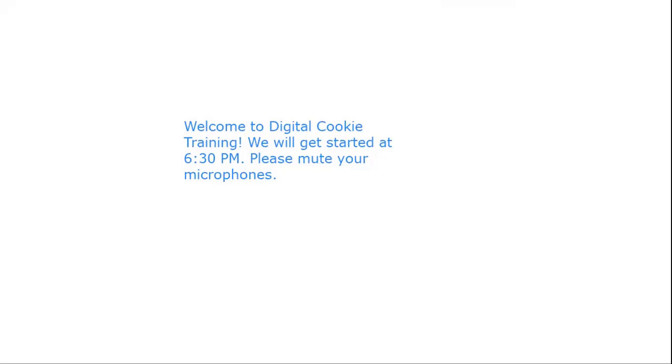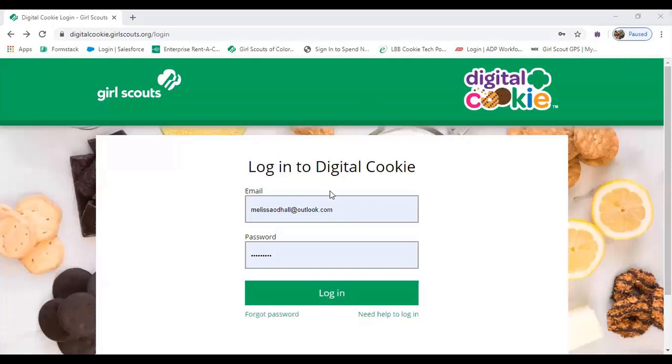Okay. So in looking at the Digital Cookie site, this is where you'll log in. It is the same login as a troop leader and as a caregiver, so you'll be able to toggle back and forth between looking at your troop and looking at just your girls. Now, if you have a parent letting you know that they're having difficulty accessing the site, this is what you'll want to tell them to do. They'll come to